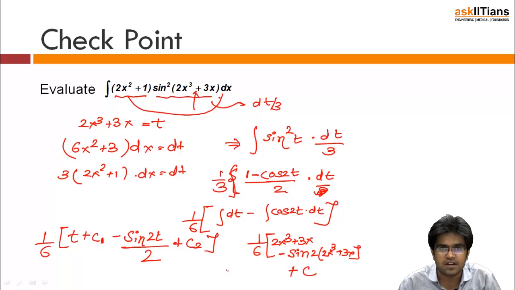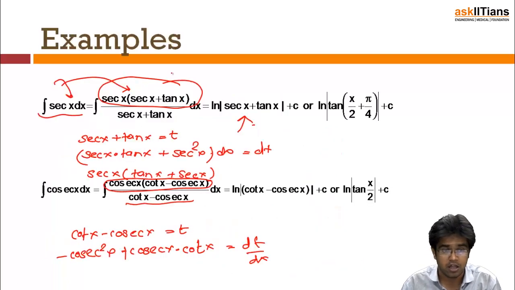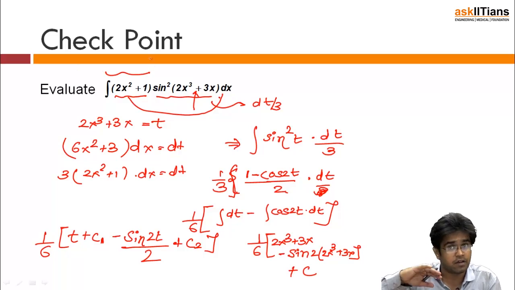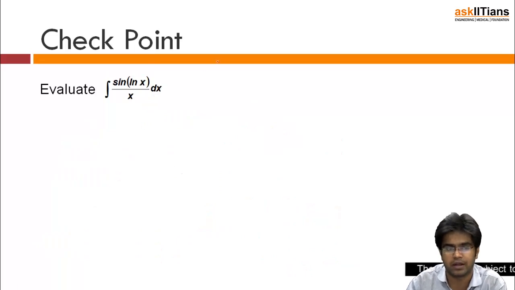See, is the differential available or not? In many places, if the differential is not available, we need to form the differential, just like we did in the last case, just like we did here. The differential was not there, so we formed a differential. But the differential was there here, so it's quite easy for us. Wherever the differential is not easy, you need to think two steps ahead: what should I multiply and divide with, and then what should I put as t so that I make the differential. Let's move on to the next question.